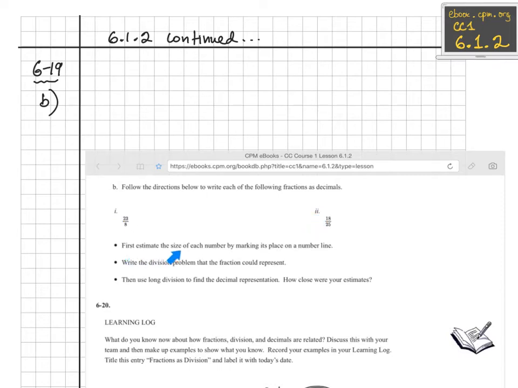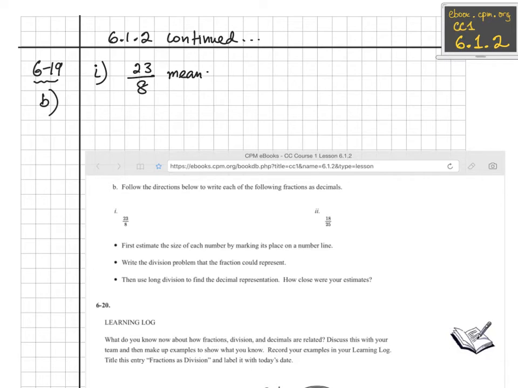First, estimate the size of each number by marking its place on a number line. Write the division problem that the fraction could represent. And lastly, use long division to find the decimal representation. How close were your estimates? Okay, so let's write our problem one in our notebook: 23 divided by 8. So 23 over 8